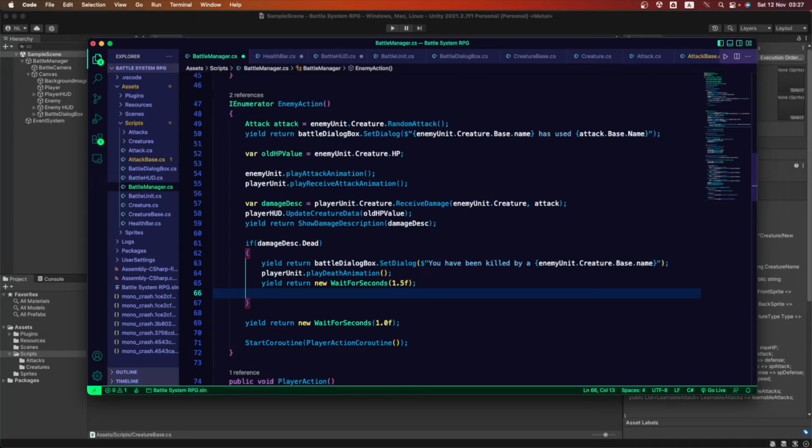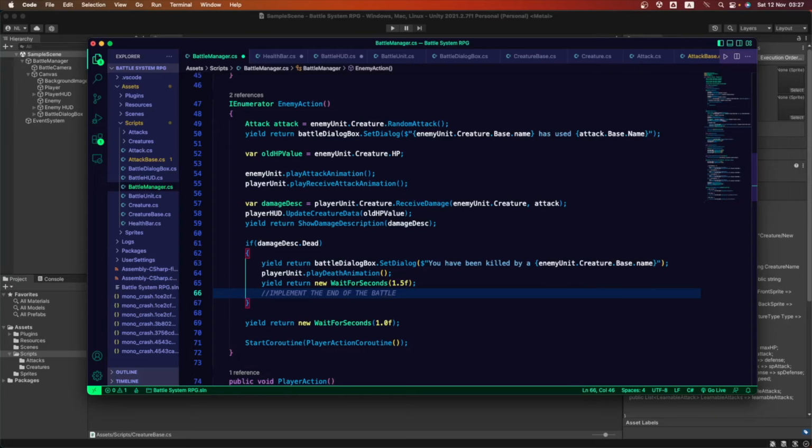So if we are dead here, depending on what type of game maybe you are making, maybe a top-down game, or maybe just a game with battles or with cards, when we have been killed, you can implement the end of the battle.